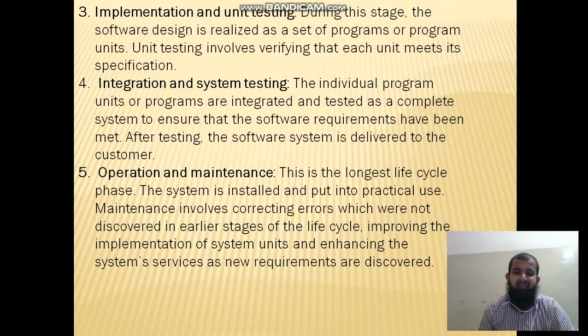Maintenance involves correcting errors which were not discovered in the early stages of the life cycle. While working, some mistakes or problems may occur, maybe after 2 days, maybe after 2 years. It depends upon how you develop the software. Maintenance also involves improving the implementation of software units and enhancing the system services as new requirements are discovered. If any problems occur, we have to correct them. You have to maintain the software. Always the maintenance should be less, so you have to develop such software. So these are all the 5 stages of the